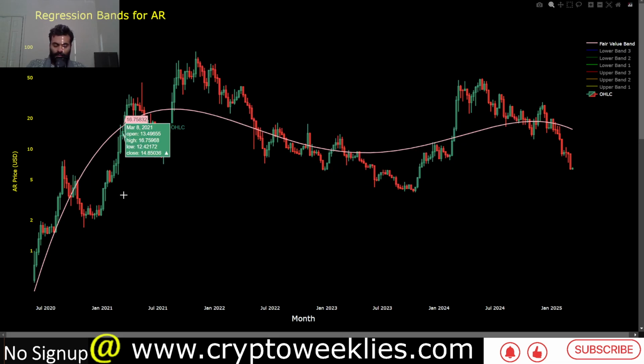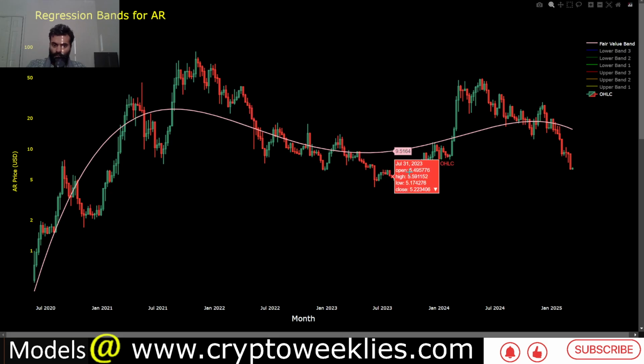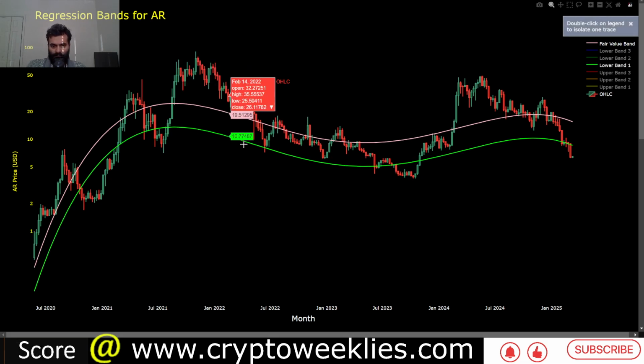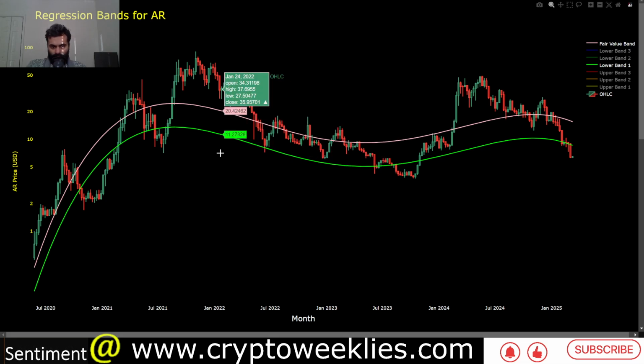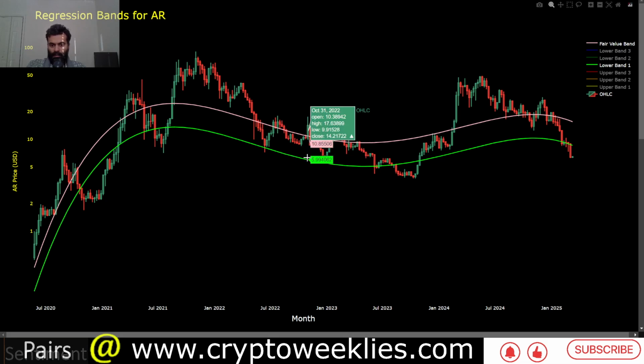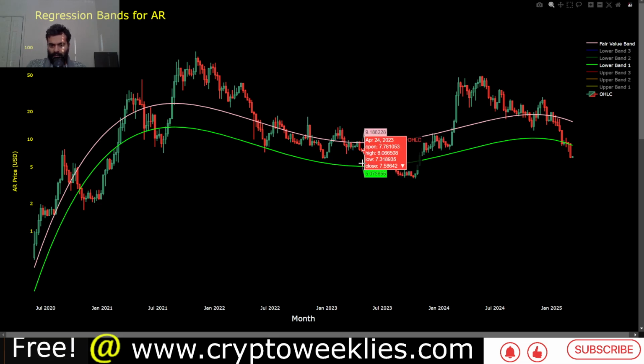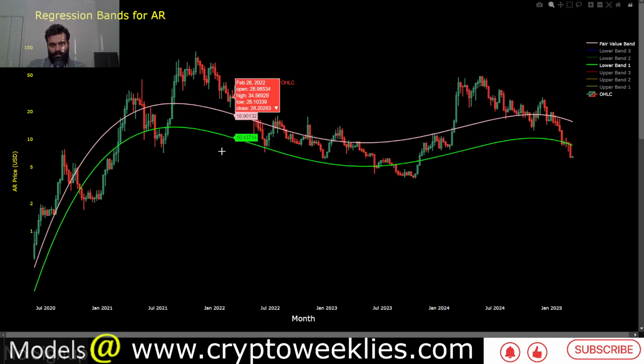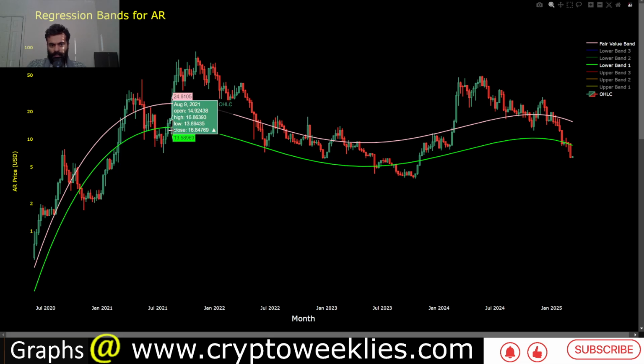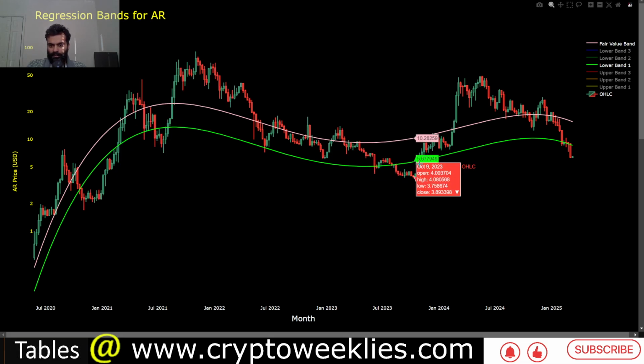If we were to think of accumulation, a non-linear model makes more sense for altcoins, which do oscillate between the bear market and the bull market in terms of what the fair value is. If we apply an even more rigorous framework and say that instead of accumulating at the fair value, why not accumulate at 1 standard deviation residual applied to the fair value to the downside, wherever the price offers a discount not just based on its fair value but 1 standard deviation residual applied to its fair value. You will especially see great deals accumulating even if you are in the middle of a bull run, and if you have a shorter time horizon, accumulating below this green line, or in the depths of the bear market accumulating